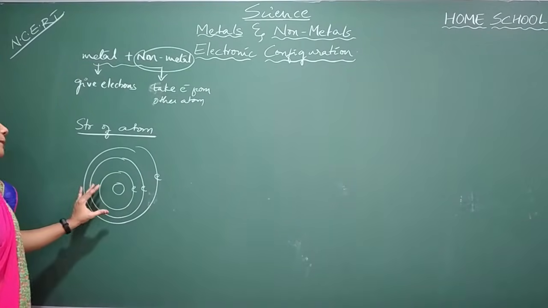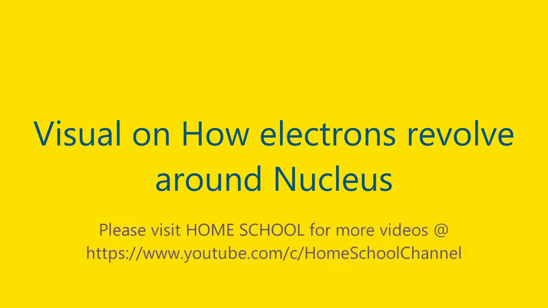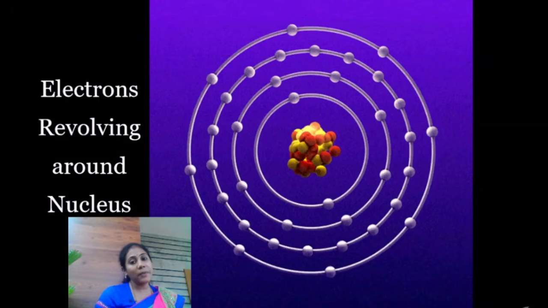Okay, so you can best observe this scene in the following picture, whatever I am showing you now, on how the atomic structure looks like. Okay, and see, this is the structure of atom. This is what we call the nucleus. See, the nucleus is made up of neutrons and protons. These red color balls are neutrons, yellow color balls are protons. Okay, so both of them will stay within a nucleus and they keep moving within a nucleus.